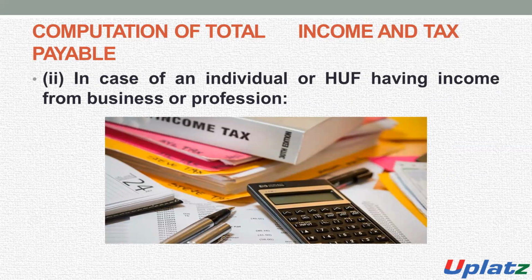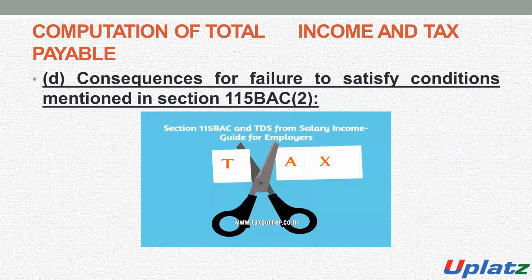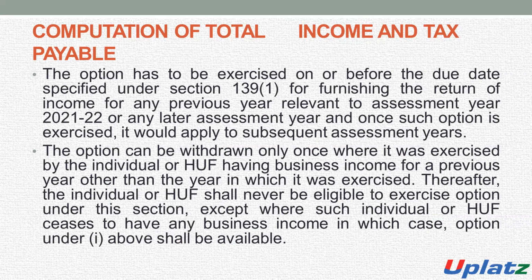In the case of an individual or HUF having income from business or profession, if the assessee has business income, then such option has to be exercised on or before the due date specified under section 139 subsection 1 for furnishing the income tax return in the previous year. Such option is required to be exercised by the assessee on or before the due date of filing of the income tax return, which is specified under section 139 subsection 1,